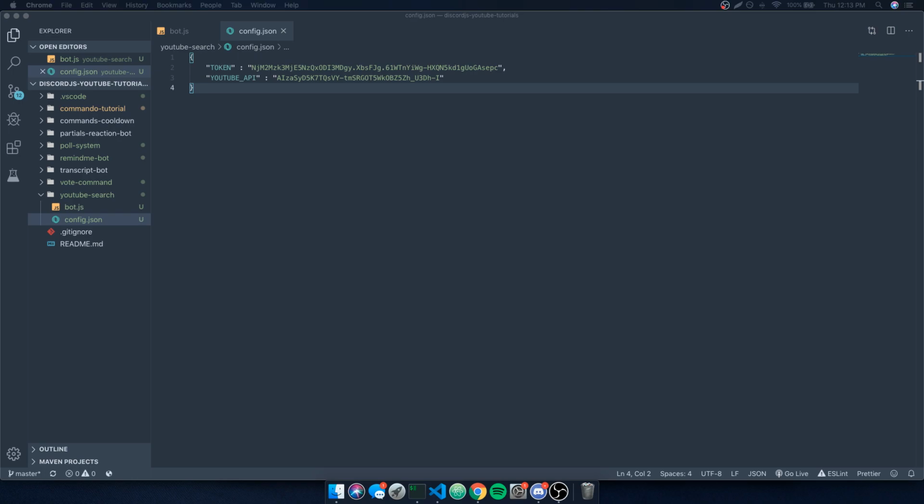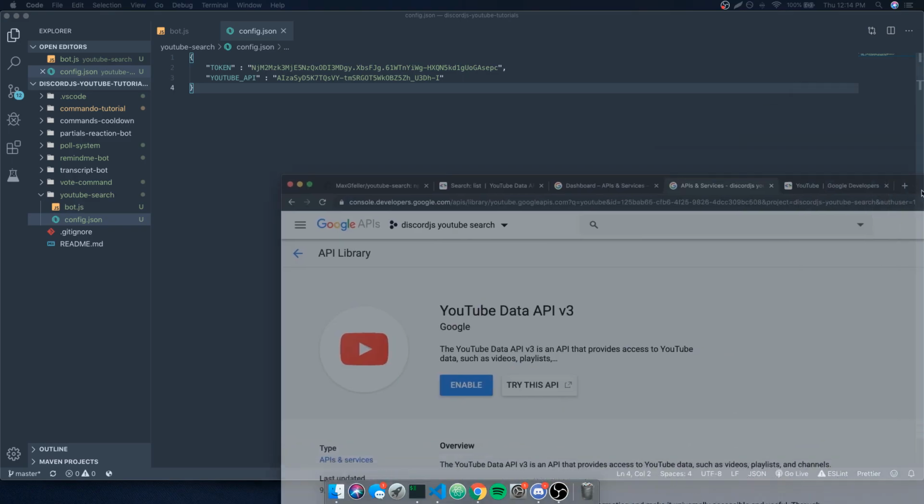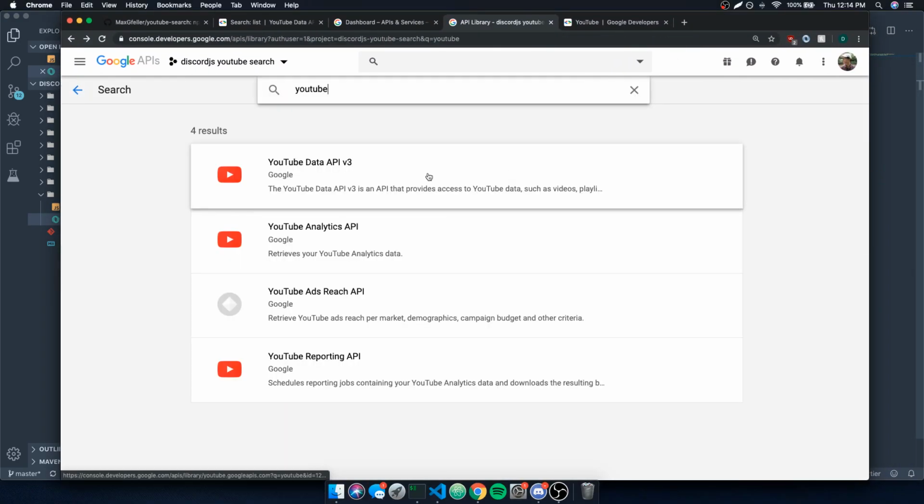All right, so credentials, let's see. I'm pretty sure I do have the correct credentials, but this API key is unrestricted. Actually, wait, no, I think I know why. I may have not enabled the YouTube Data API. Let me just see. Yeah, okay, so you need to make sure you enable it. So just go over to